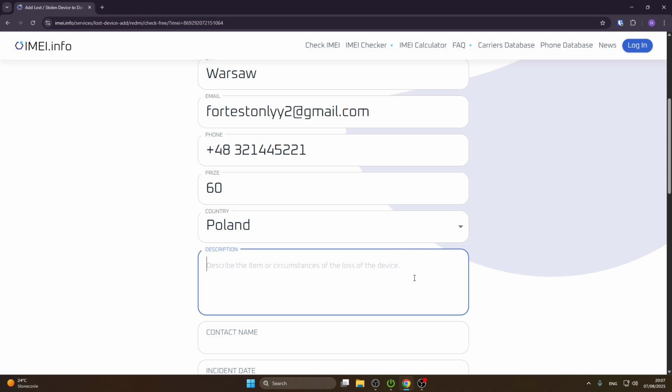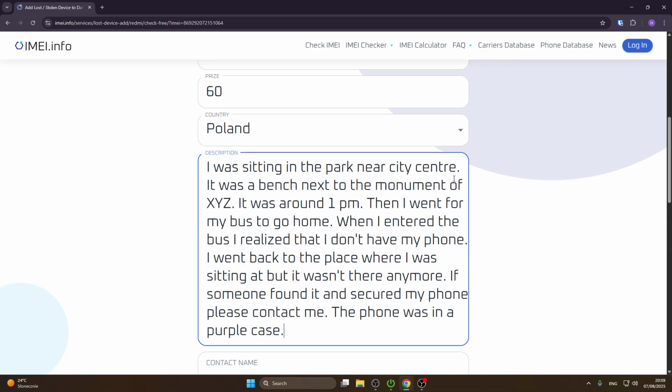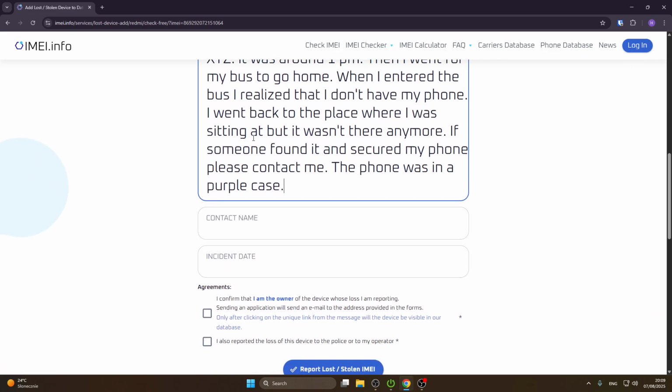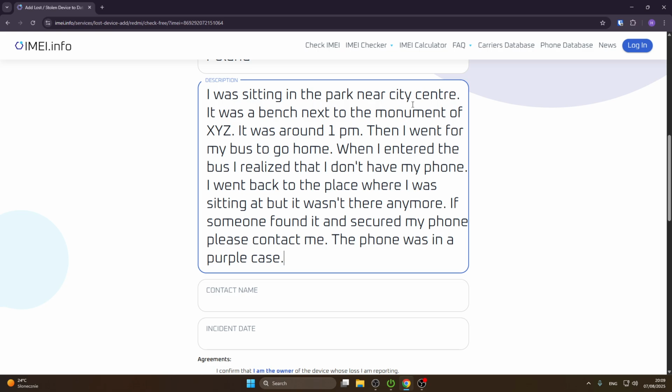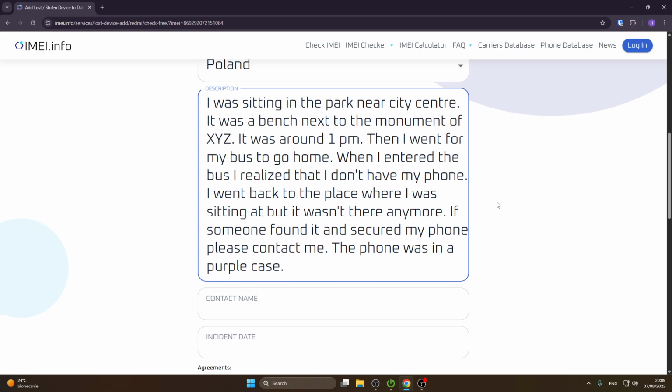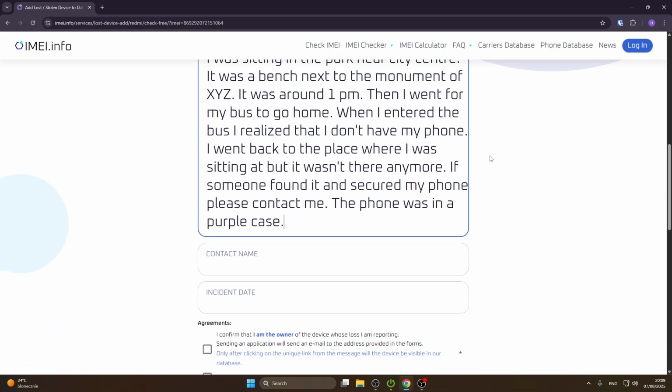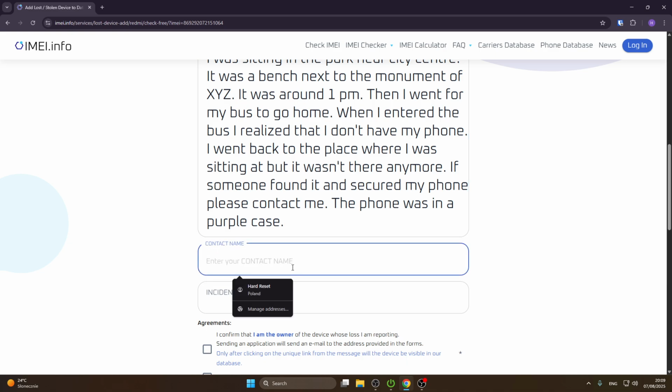I will type an example in a second and I'll show you how it should look like. Okay, so that's an example of the description. You can take a look. Remember that if it's a real situation, you should type as much details as it's possible, so it will be easier to find the device. Alright, below type your contact name